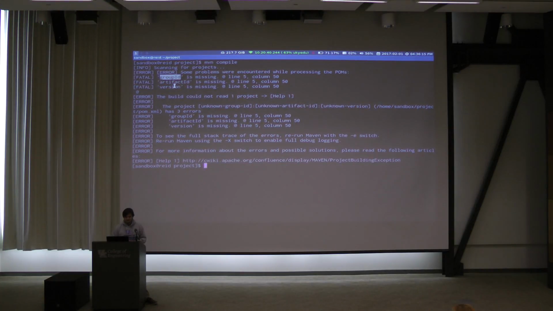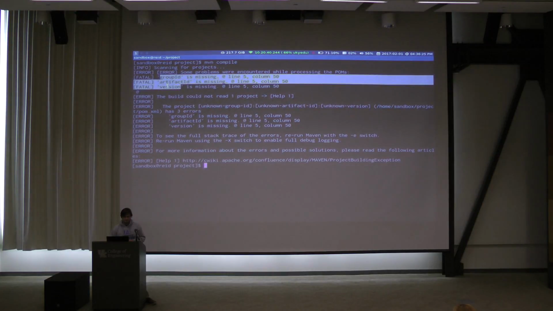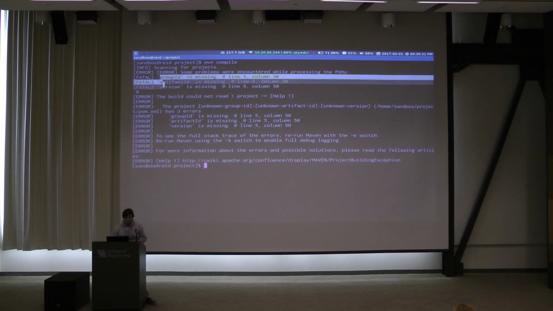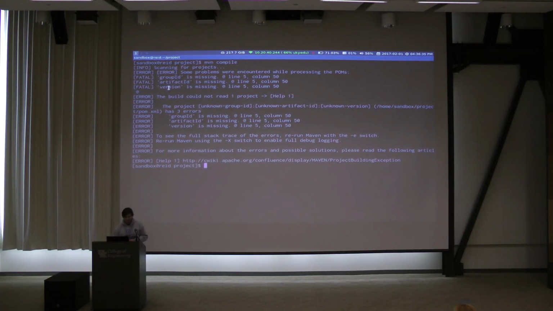Any kind of artifact or package in Maven is identified by a 3-tuple made up of these three components. All three of them together is how you identify things. Because of the first letter of each of these, this is sometimes called a GAV. So if you ever hear that, you know what that means.